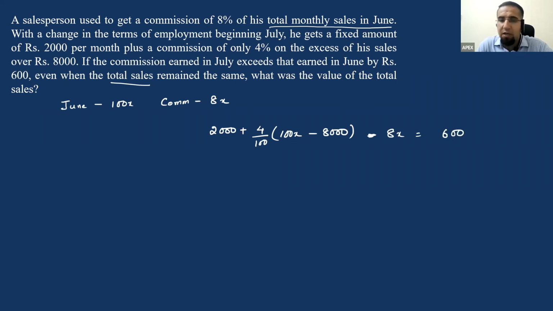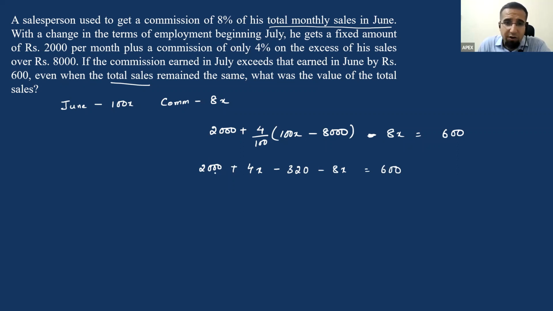which means July minus June is equal to 600. So it's a pretty easy question to calculate now, guys. This is 2000. 4% of 100x will give you 4x. 2000 gets cancelled. So you get a minus 320. Then we get a minus 8x is equal to 600. So what do we get from here? So 600 comes here,